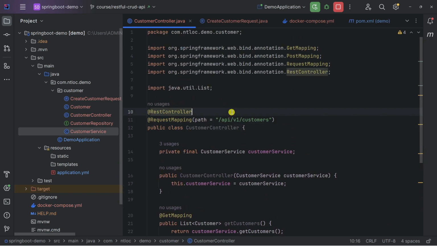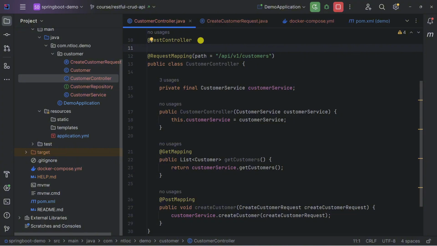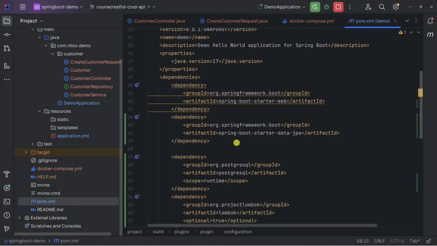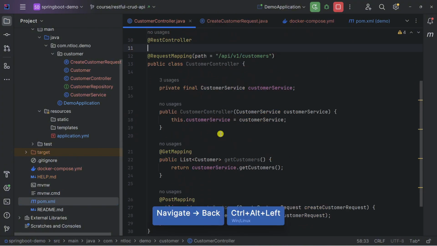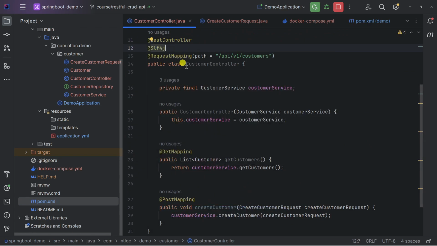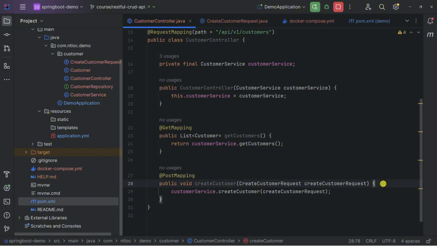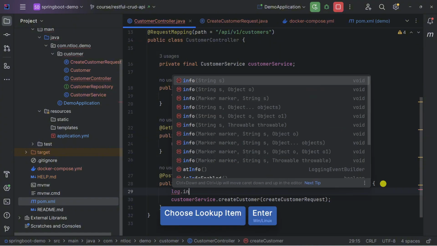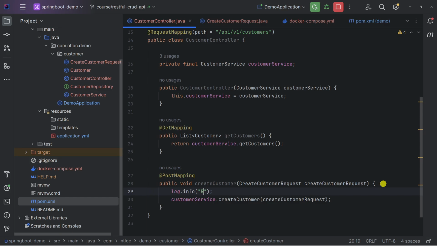Let's add, and you need to have Lombok in here, @Slf4j, and this will come from Lombok. And then under the createCustomer method, let's add some log info: received create new customer.